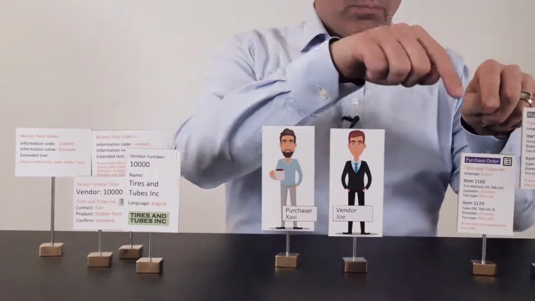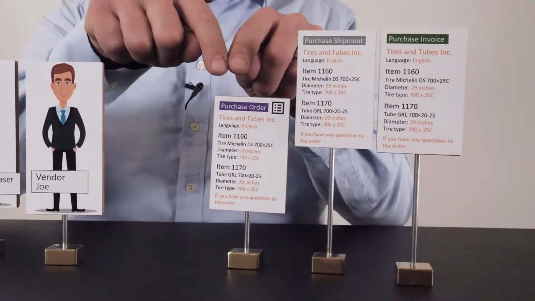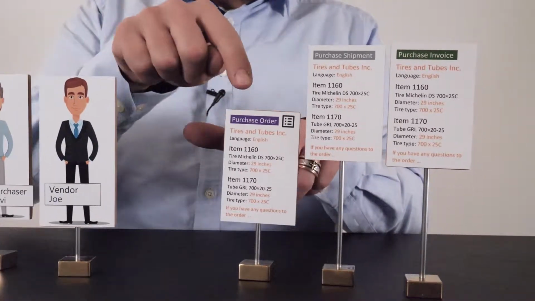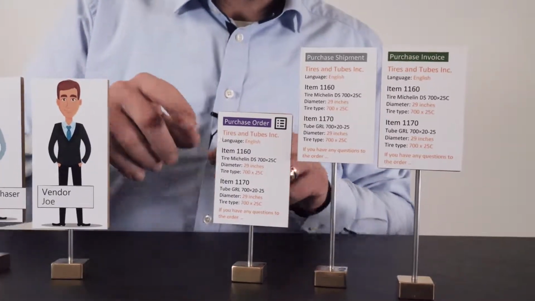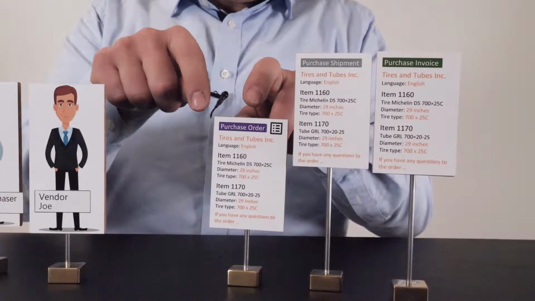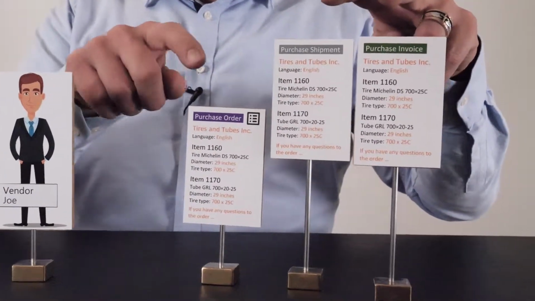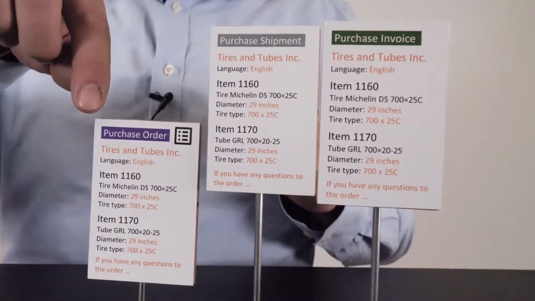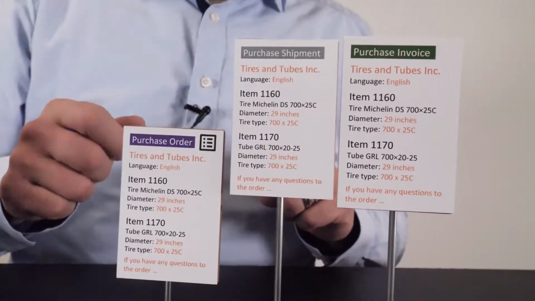Savi is creating a purchase order to vendor Joe, and when he creates the purchase order, automatically the selected master data is flowing to the purchase order. There's a setup saying which data should flow to the purchase order, of course, because it's not everything we want to add here. And you could even have only master data on the purchase order or on the purchase order and the posted documents, the shipment and the invoice. And you could also have master data that should only appear on the posted documents. They will be hidden on the purchase order.